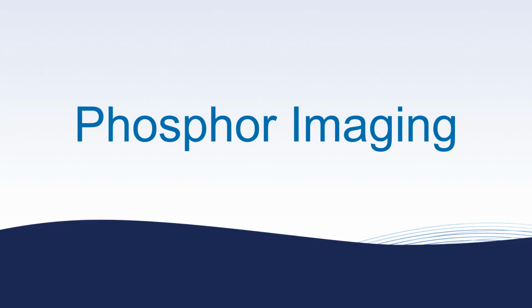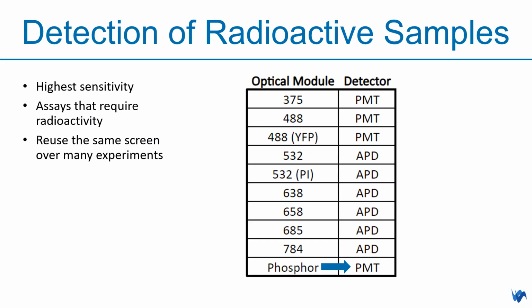We've shown that the Sapphire FL is an exceptional fluorescence scanner that can be used to support a multitude of assays. Importantly, it is also compatible with phosphor imaging. Over time, radioactive imaging has gradually been replaced by fluorescence as fluorescence offers significantly lower environmental and personal risk. However, radioactivity is still required for many experiments as it provides the absolute highest sensitivity. Autoradiography is traditionally performed with film, but phosphor screens are reusable over many experiments and can significantly reduce the cost